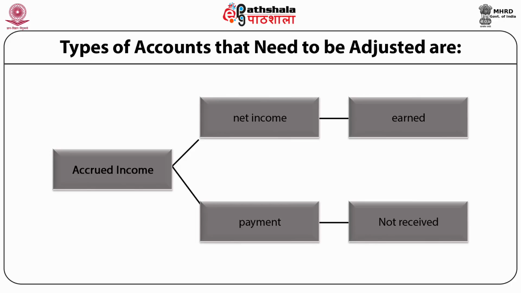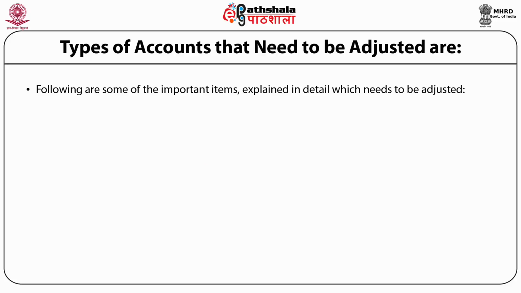Further, while preparing the profit and loss account, these are added in the relevant income. For example, commission receivable or accrued interest is added in the interest account or income on the credit side of the profit and loss account, and further it is shown on the asset side of the balance sheet. There are important adjustments or items which need to be adjusted while preparing the financial statements of an